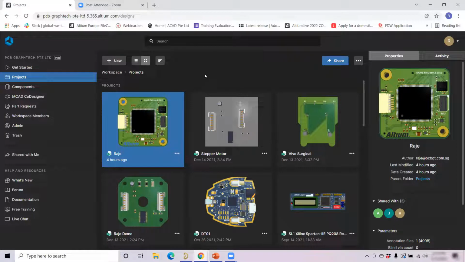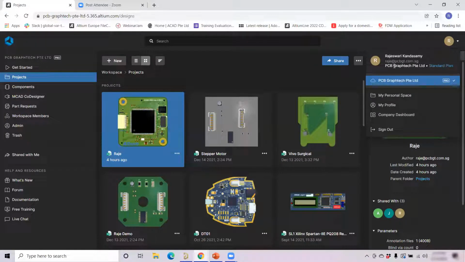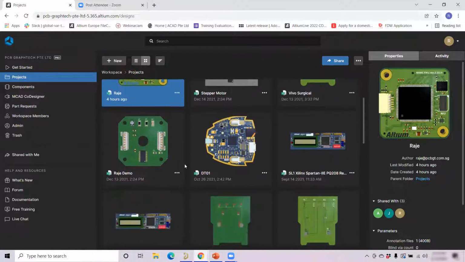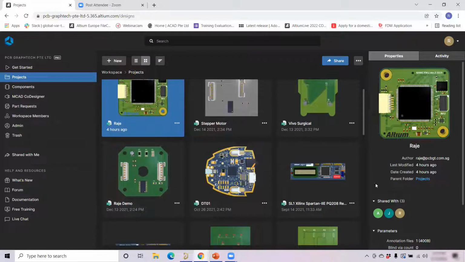How do I know I'm working in my workspace? On the top right corner you can see I have signed in with my name, and I have my personal workspace and all this information. So once I know I am inside my own workspace, under the Projects tab you will see all the projects we have. When I click on one of the projects, you will see the project information on the right-hand side,